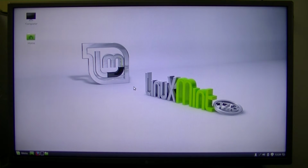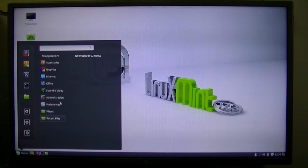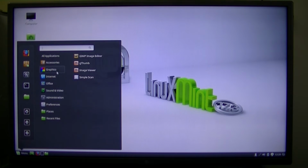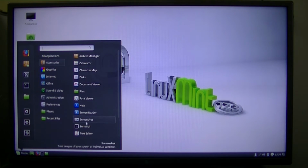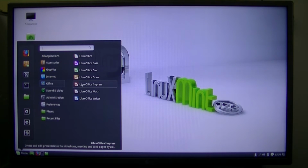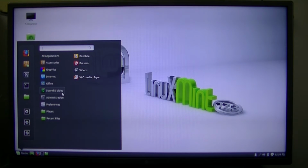Now, before I go ahead and open the menu, this is running the Cinnamon desktop environment that comes with Linux Mint mainly by default. So the menu looks more or less like Windows 10, but it's been like this for quite some time. Let's see, we have accessories and then our applications at the right, graphics, we have Firefox and Thunderbird built in. Here's Transmission as the torrent client, LibreOffice of course, sound and video, Banshee, Brasero, video, and so on,